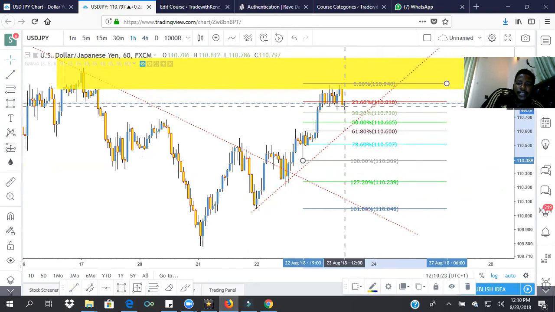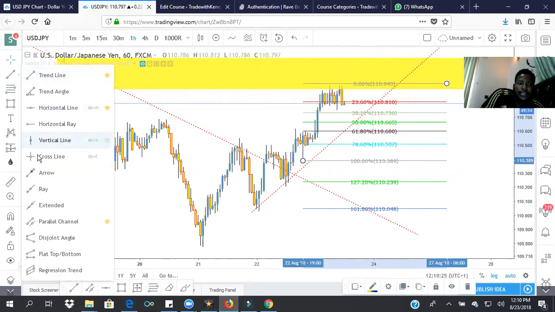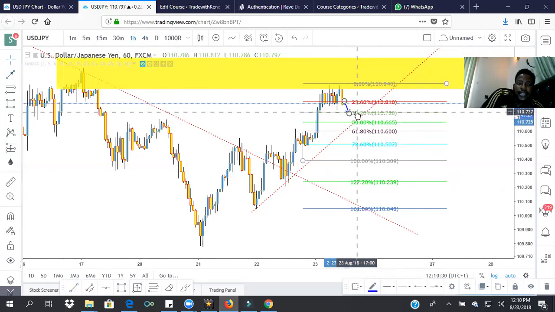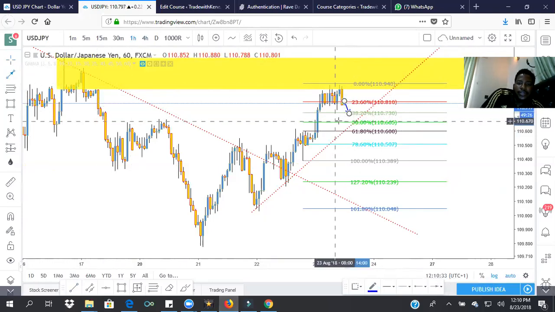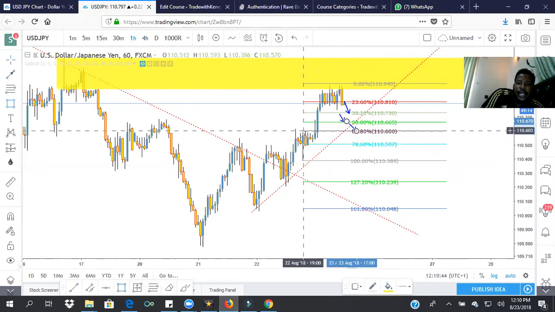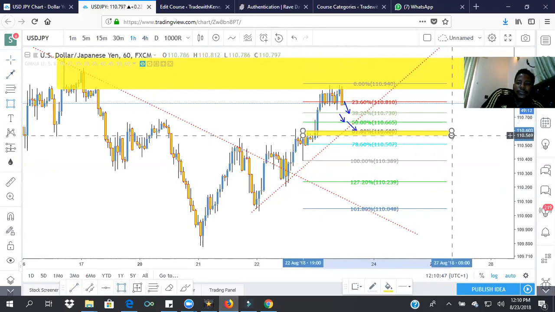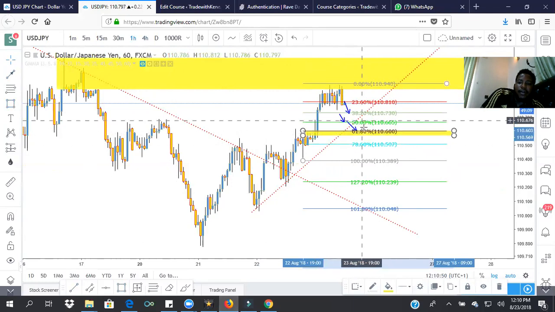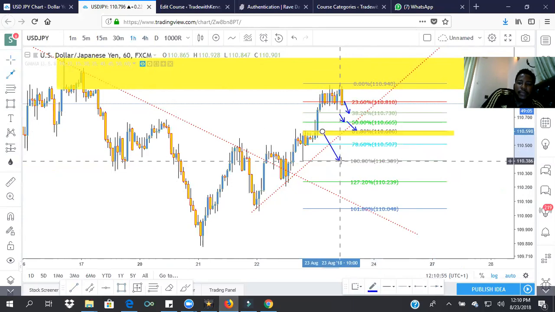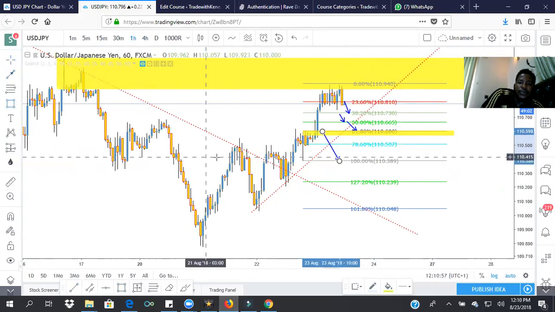Retesting this 23.6 zone means the market would most likely come here, and a break of this 38.2 will get the market to 50, and then the next zone will be 61.8. A break of this 61.8 is actually where the real deal starts. This break will take the market first to 100, which is your take profit one, and a break of 100 will take the market to